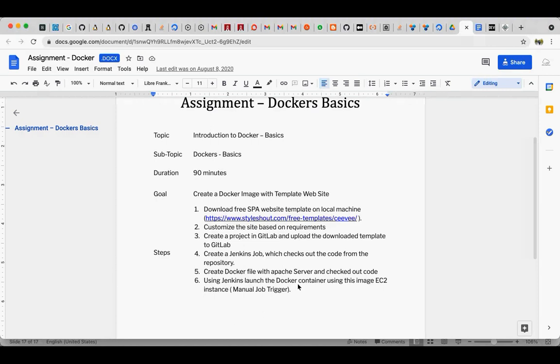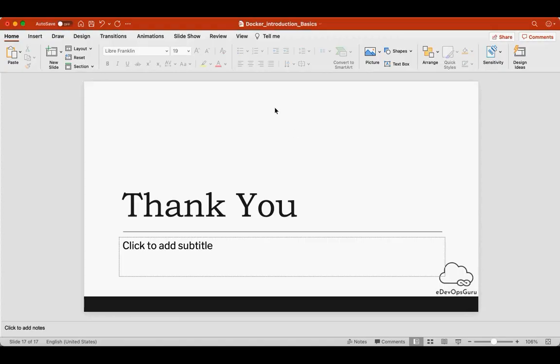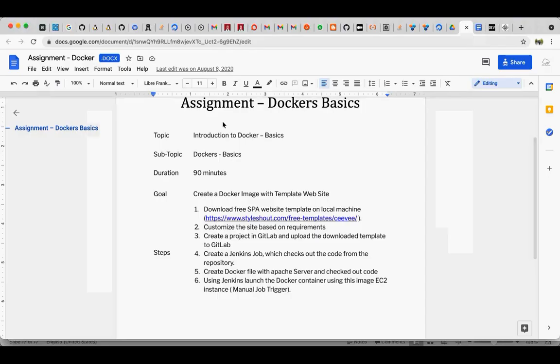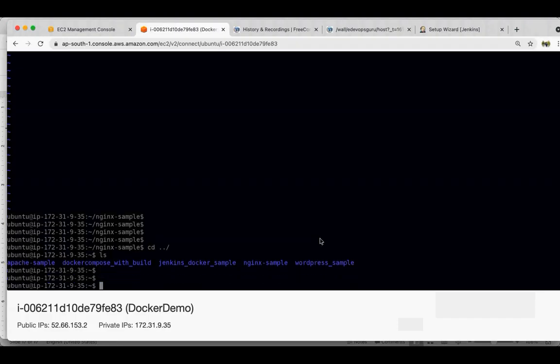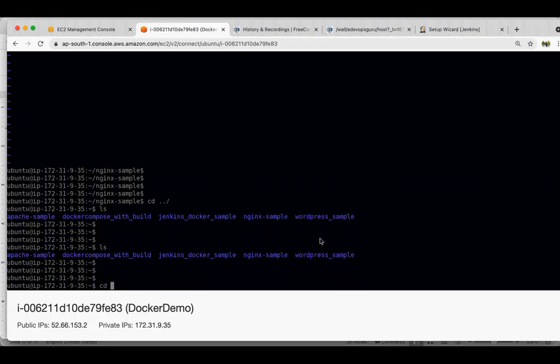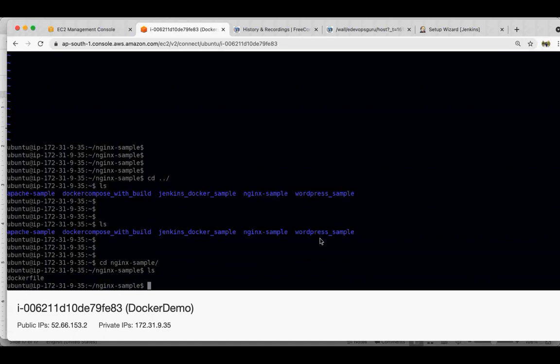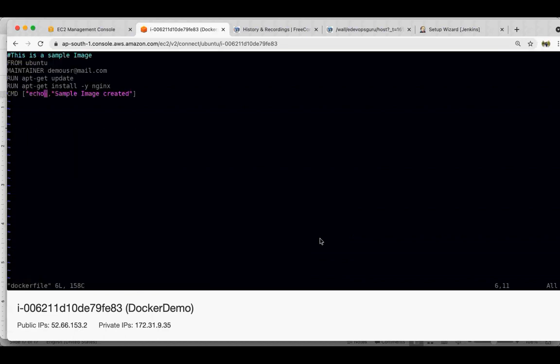In this case there would be one question, so let me go back to the console. What we can also do for this particular example: if you have some template file, for example a template HTML file, and you want to copy it somewhere, how will you do it?